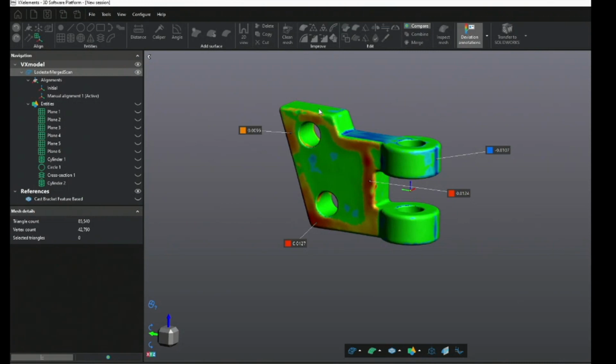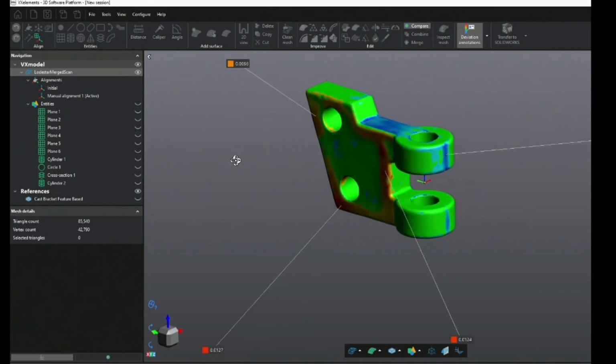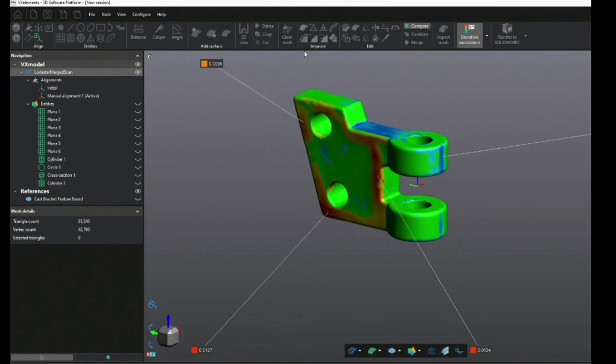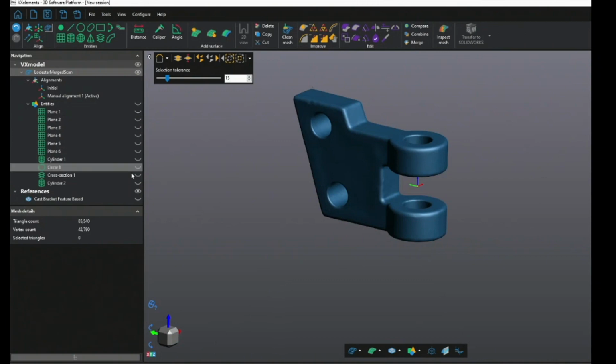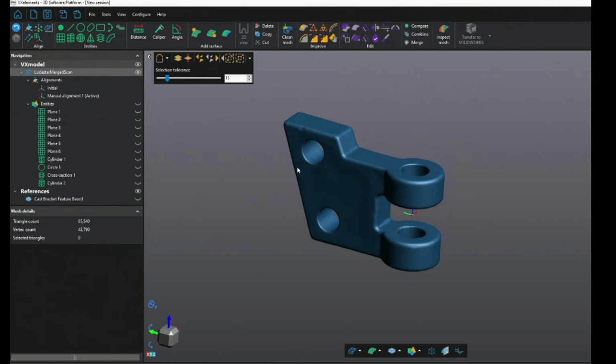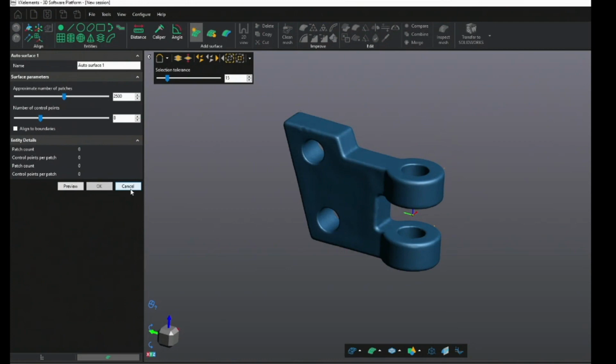I know the VXModel software does an auto surface tool that's very nice. Can we do an auto surface, pull that CAD surface, and will it come in as a solid that you can then do your CAD modeling processes with, the cutting process, booleans, all that? Yeah, you can bring an auto surface into any CAD. I can just show you what it is actually. So I have my scan selected here. I'll just go ahead and click auto surface. This should actually